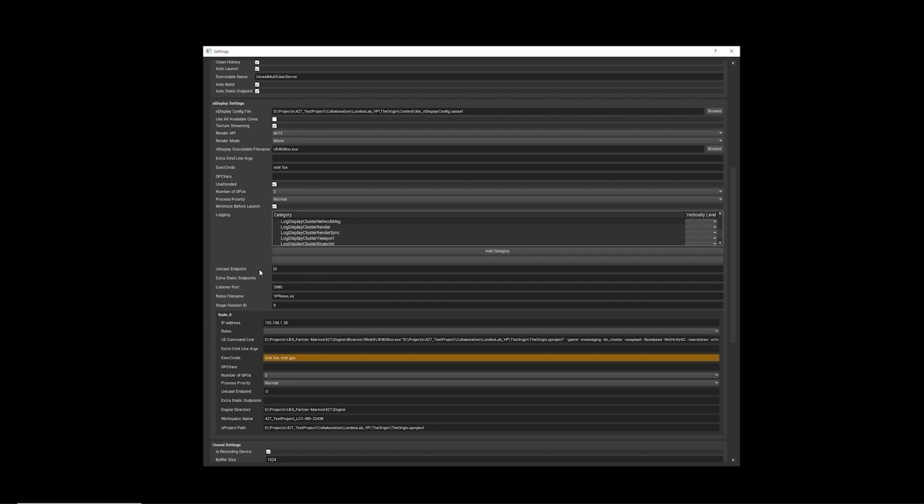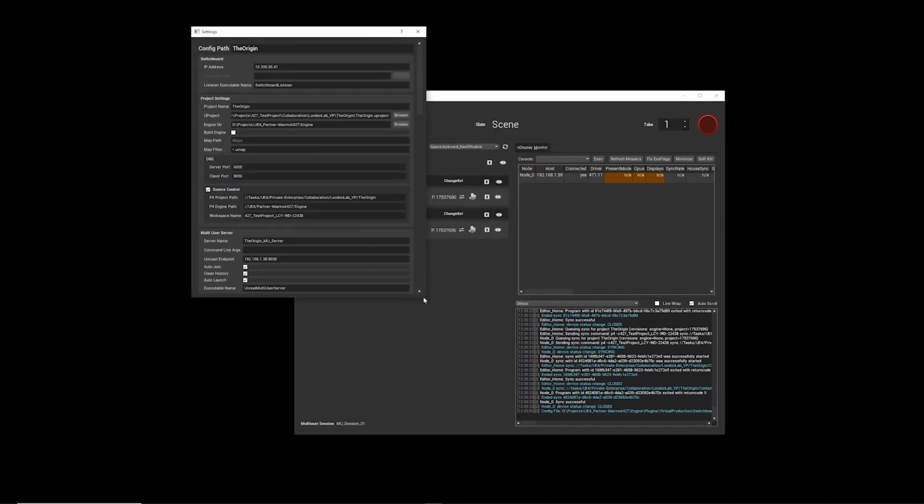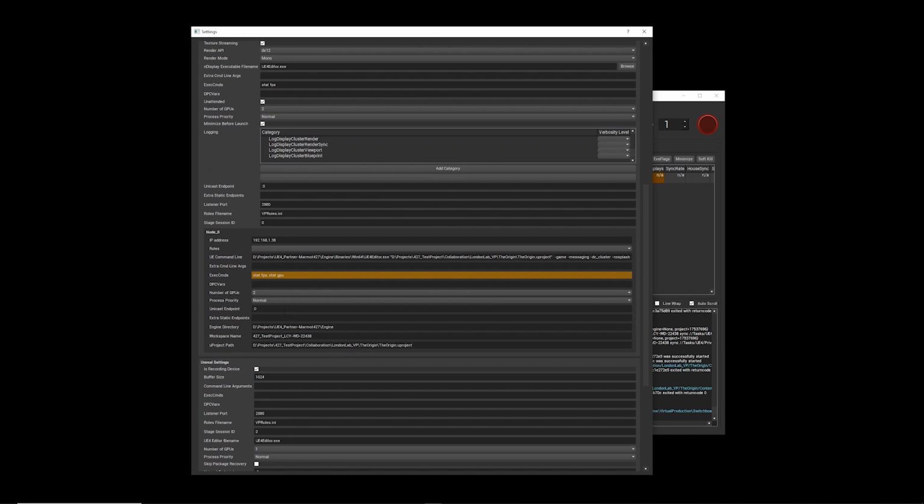In theory, you shouldn't need to, because out here, the unicast endpoint for each node is defined by the IP address, and therefore, providing this is correct, that is the IP network that the multi-user server is going to be connecting via. If you do have any other networking specifications for connecting to devices, you can add your static endpoints in here.